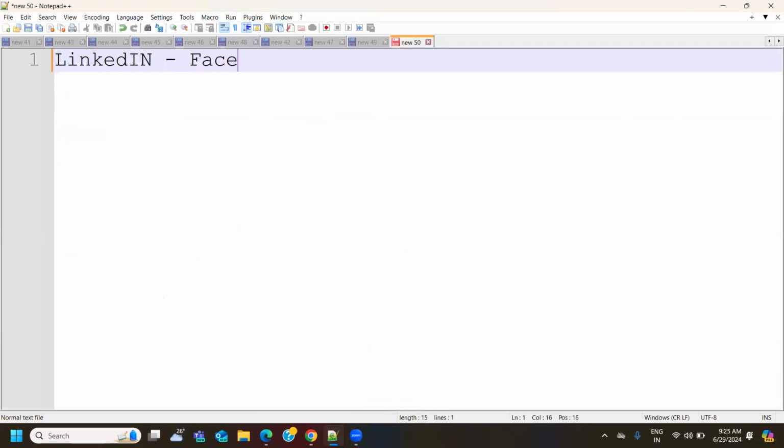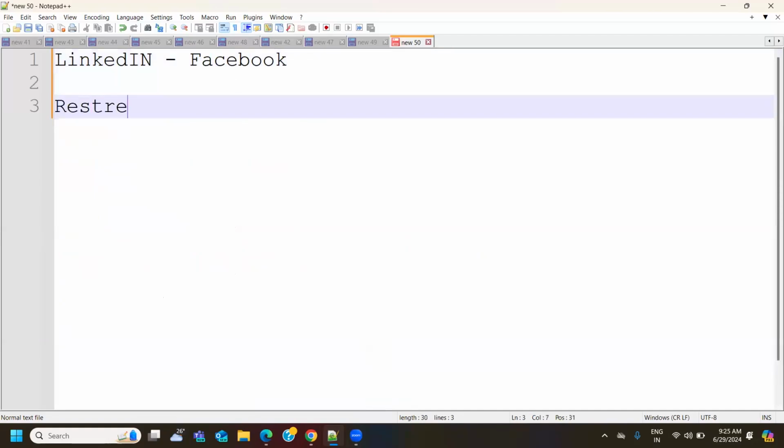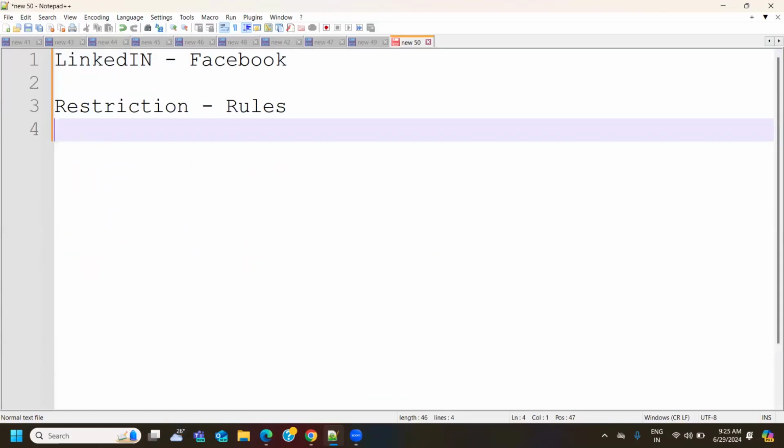It is almost equal to Facebook, but there are a few restrictions. Restrictions in the sense there aren't any restrictions, but we follow those restrictions or rules. If you want to get a good job, if you want to enter any technical field, even a non-technical field, nowadays non-technical people are also having their LinkedIn accounts. LinkedIn is reaching out to any society or any job role.